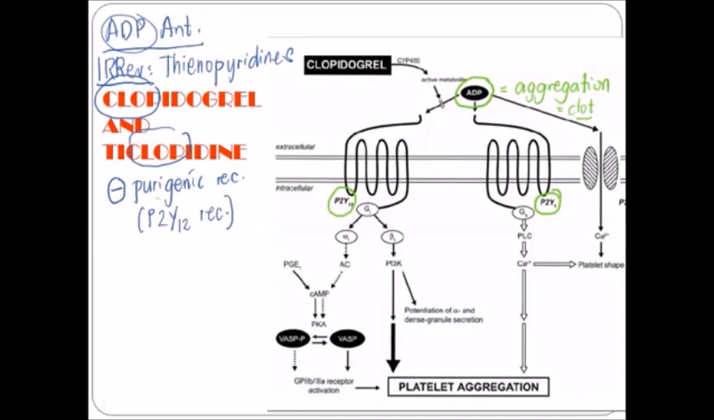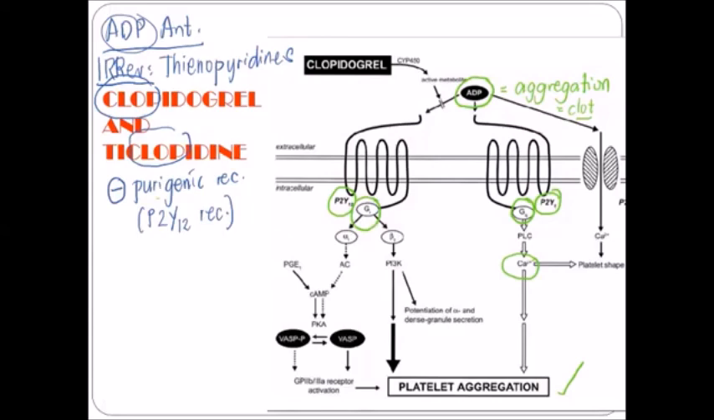Ang P2Y1, siya ay isang GQ-linked receptor. That's why you can expect that there is increased calcium inside the platelets. That would result to platelet aggregation. Next, paano naman yung action ng ADP sa P2Y12? Sa P2Y12 receptors naman, these receptors are GI-linked. Okay, GI-linked. So kung GI-linked siya,